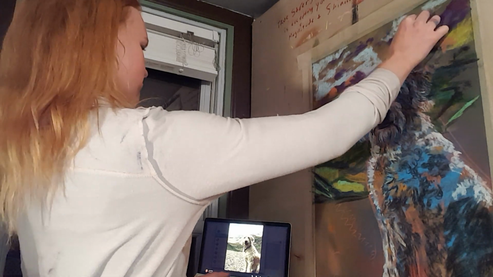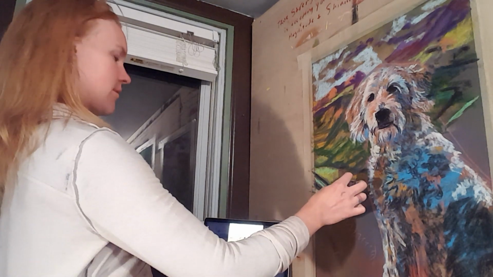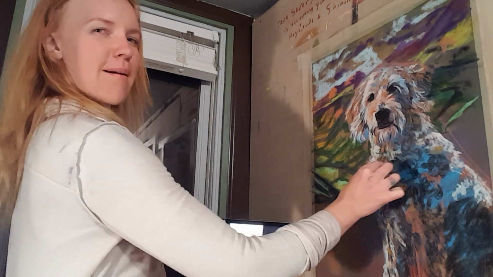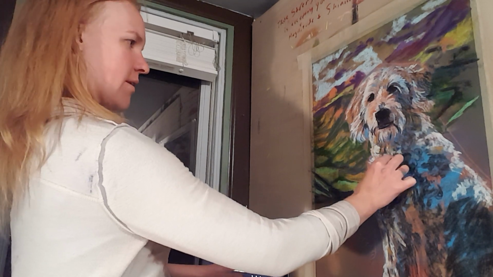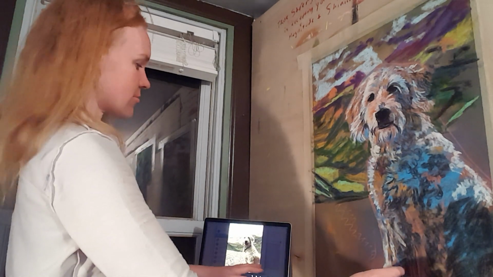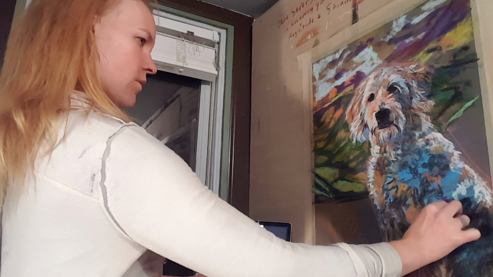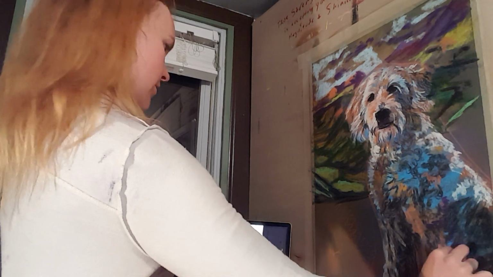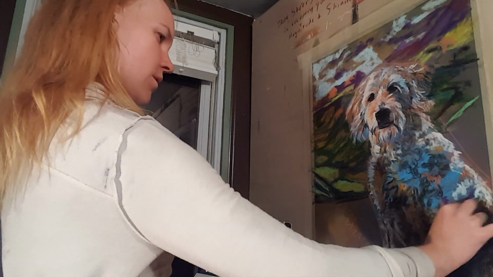O mountain, made of shadow and light, how beautiful I find you at 2 a.m. as I do my best to paint this beautiful dog, who also, I'm sure, loves the mountains. Though perhaps it is not for the mountain's shadow that the dog adores. But you know,